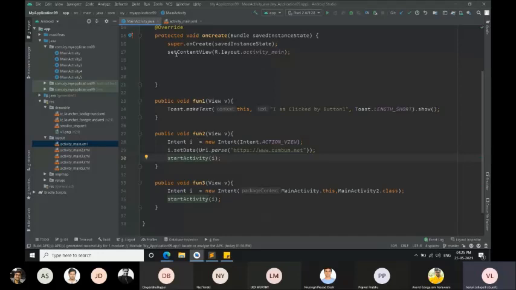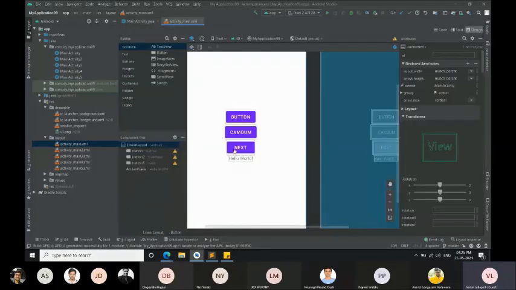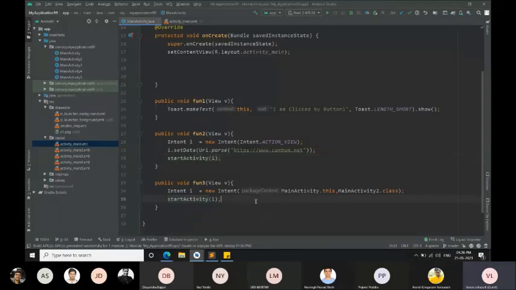Coming to the next button, after clicking on this, it opened the next screen. The onClick is fun3. What is this fun3? It is explicit intent. Intent i is equal to, just see these two lines. The source is this activity name, MainActivity.this.